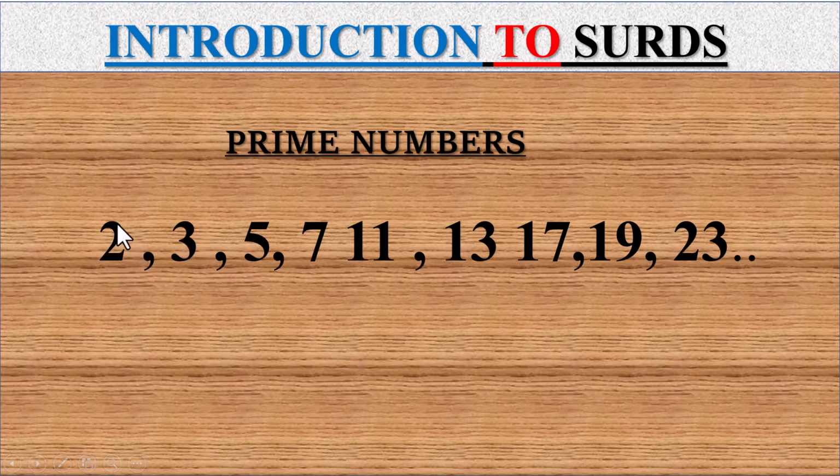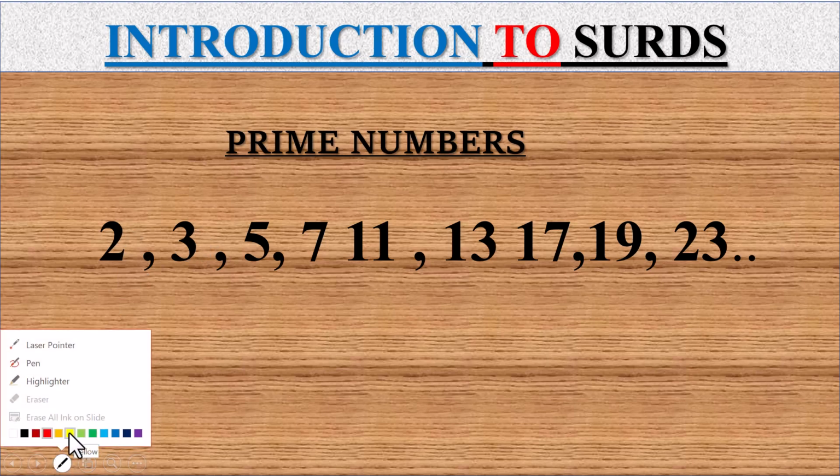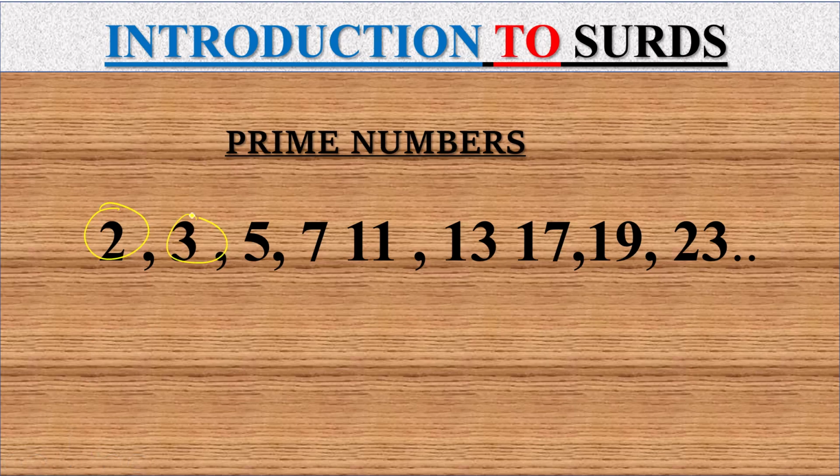These numbers are all prime numbers. If you take the square root of any of them, it won't give you exact values, and these numbers are all surds. So the square root of 17 is a surd, this one is a surd, so they are all surds. Now that we know the definition and the meaning of surds, let's look at